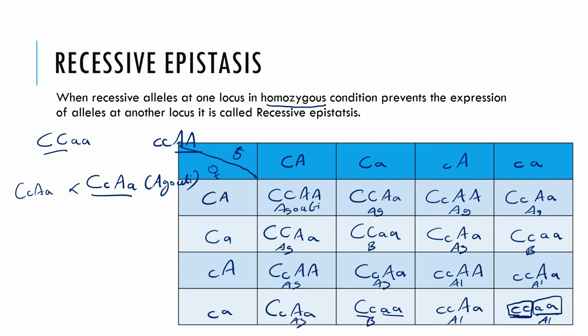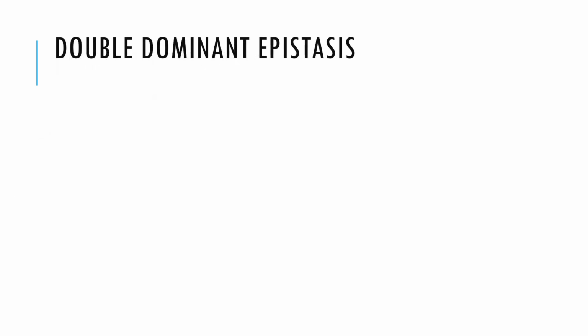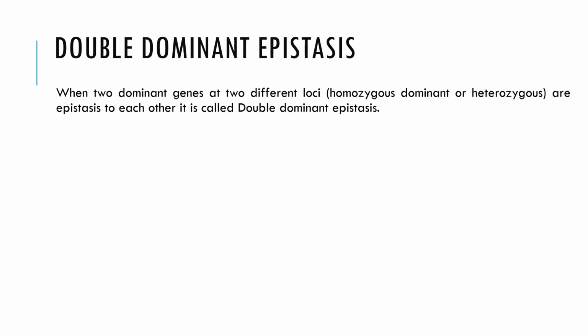Let's move to double dominant epistasis. Now, in double dominant epistasis, what happens is that two dominant genes at two different loci, whether homozygous dominant or heterozygous dominant, doesn't matter, are epistatic to each other. So, let's say, for example,